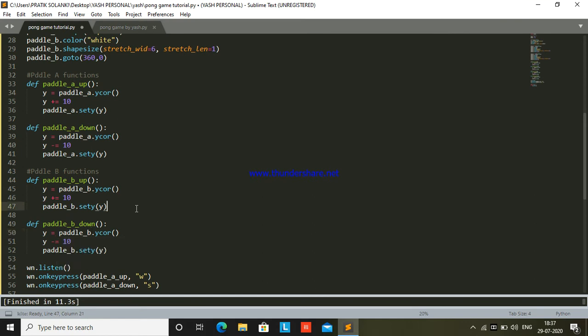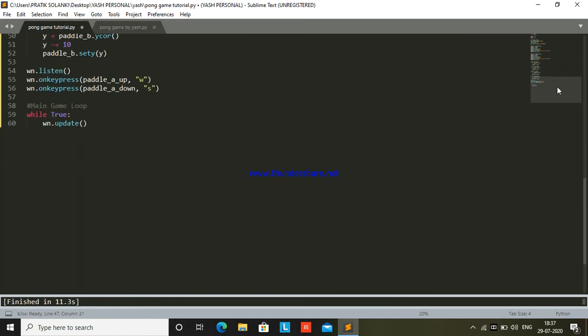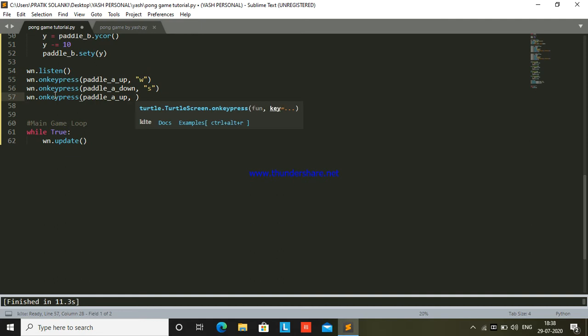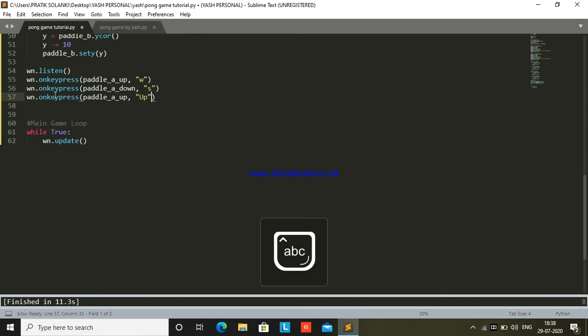There we go. And let me also give it a keybind. So I'm going to give the paddle B up and down and the paddle A as this. So win.onkeypress paddle_b_up and just give it a keybind of Up with a capital U,